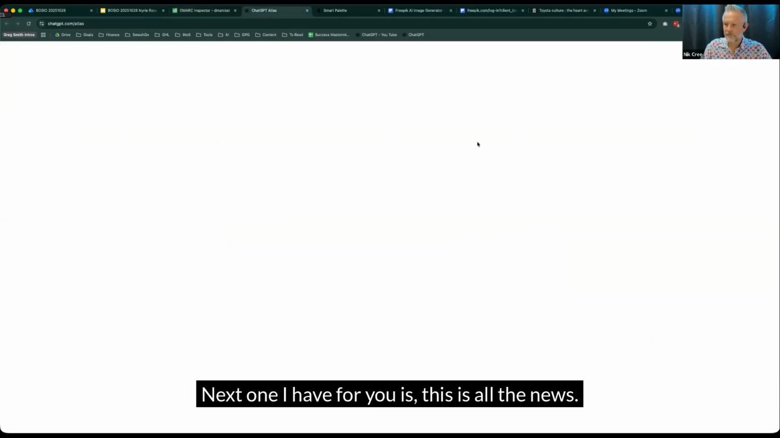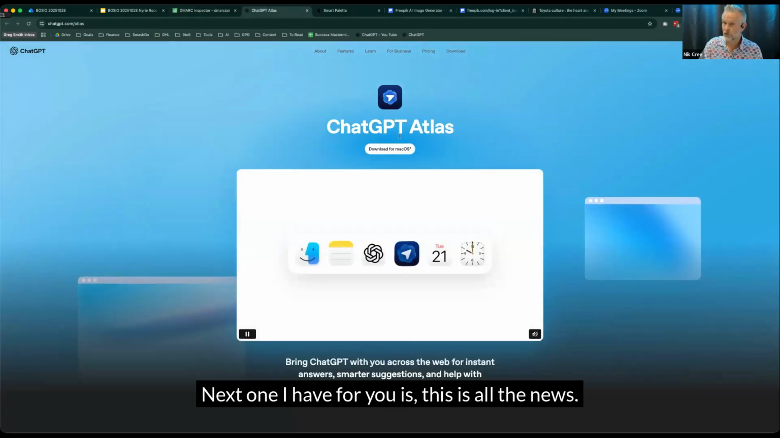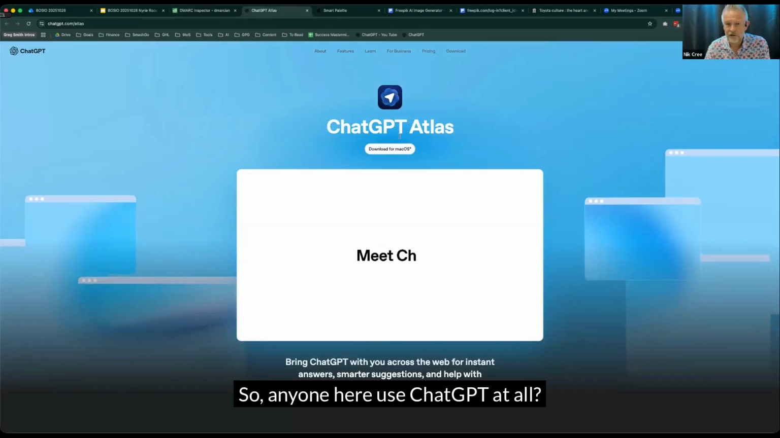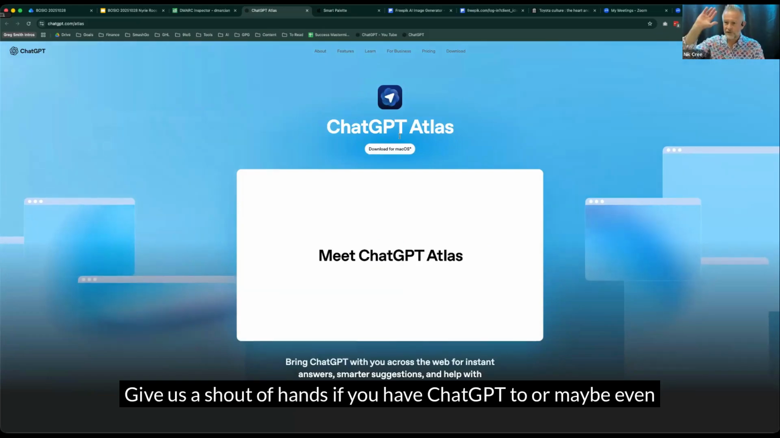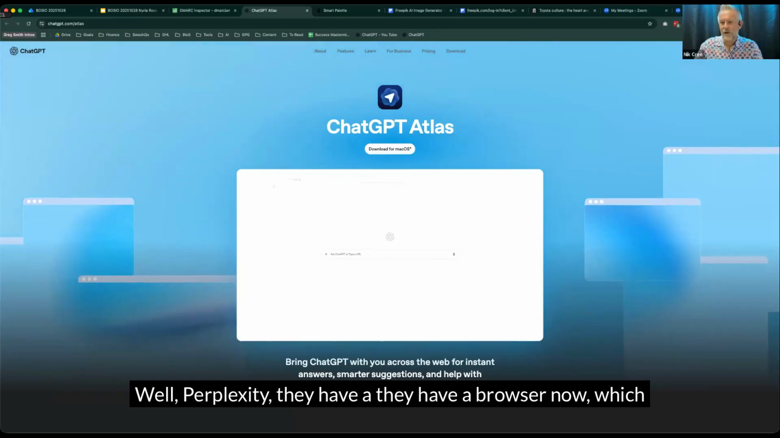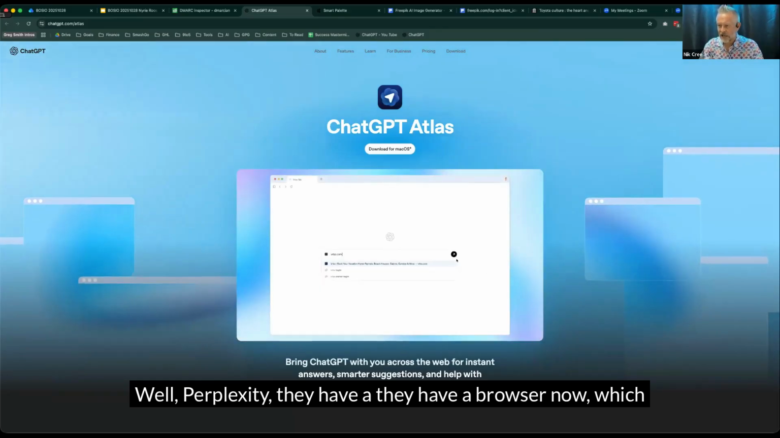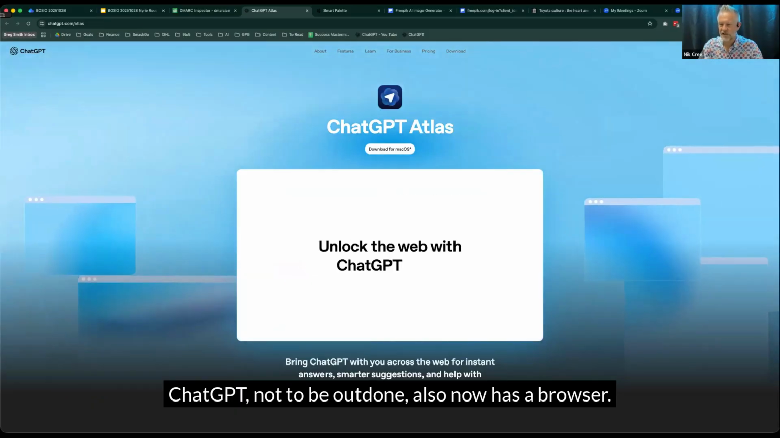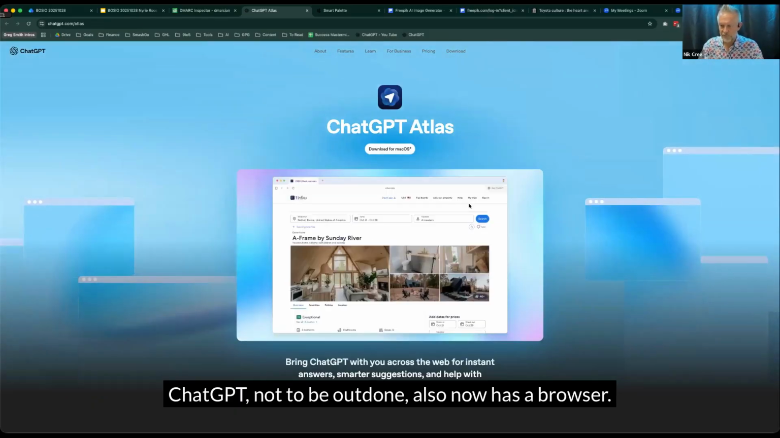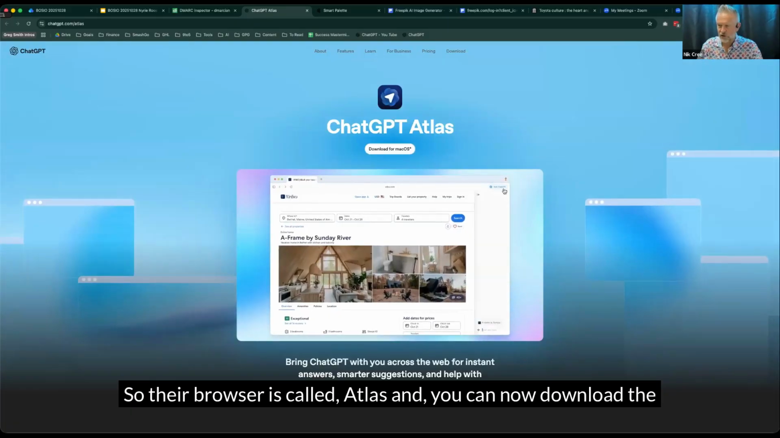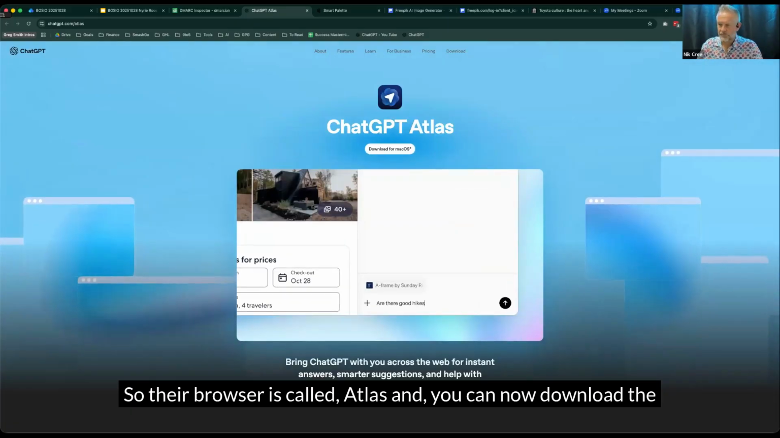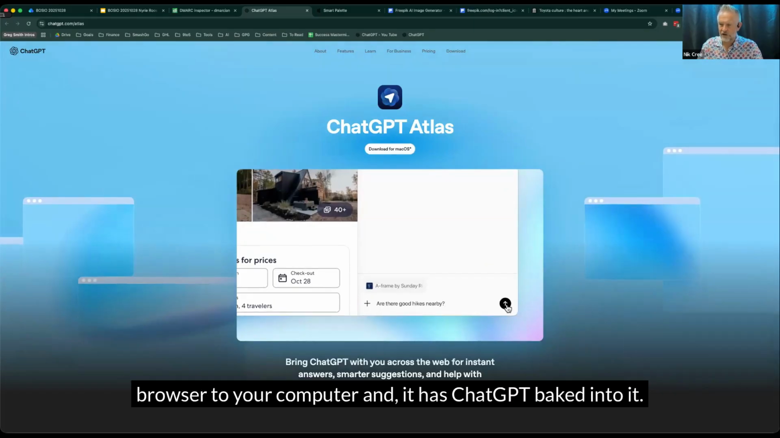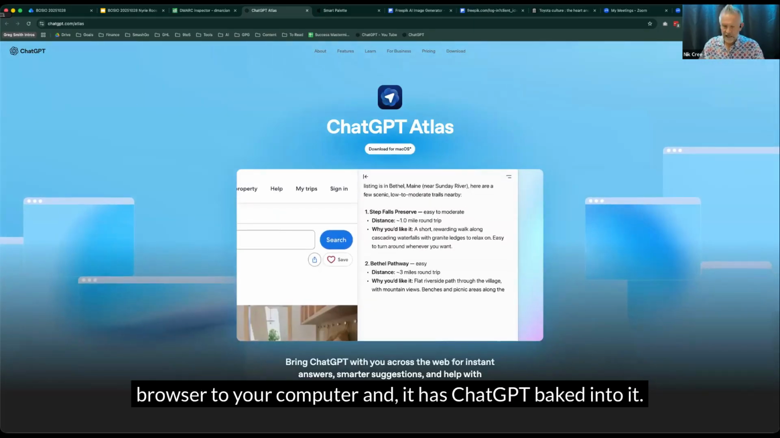All right, next one I have for you is all the news. So anyone here use ChatGPT at all? Give us a show of hands if you have ChatGPT, or maybe even dabbled with it. Well, Perplexity, they have a browser now which has come out. ChatGPT, not to be outdone, also now has a browser. Their browser is called Atlas, and you can now download the browser to your computer, and it has ChatGPT